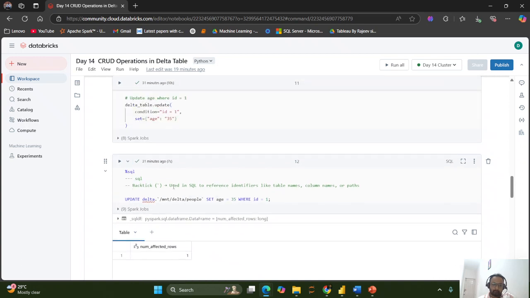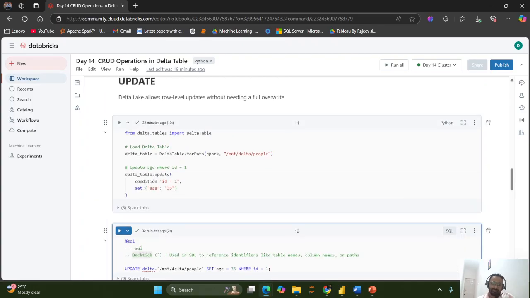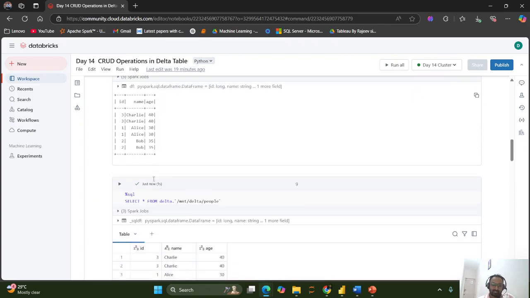Yeah, it is a backtick. You can see the tilde and backtick are probably the first key in your second row of your keyboard, most probably, right? So it's backtick, sorry, not back tilt. Yeah, so backtick,